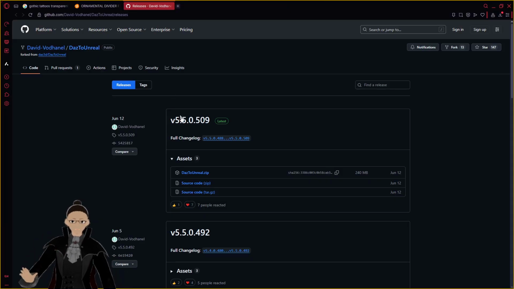This one is customized though, because it actually goes past 5.3. The original DAZ to Unreal bridge only goes up to Unreal Engine 5.3. So anything after that, 5.4, 5.5, and I think we're on 5.6 now, it doesn't work. So you actually have to get these. You would come in here to releases,